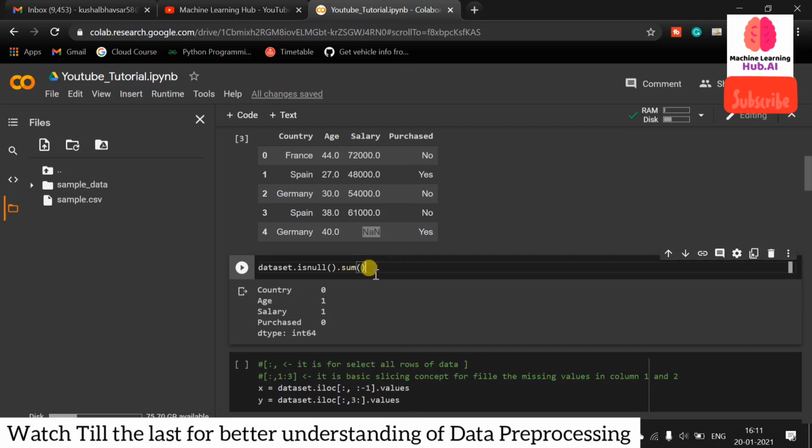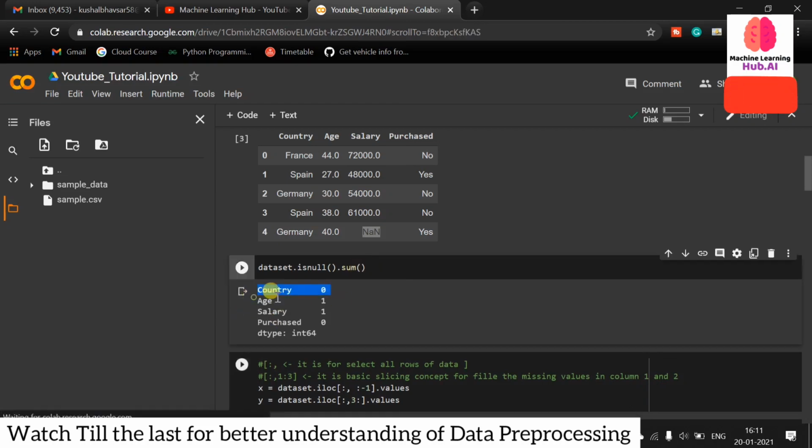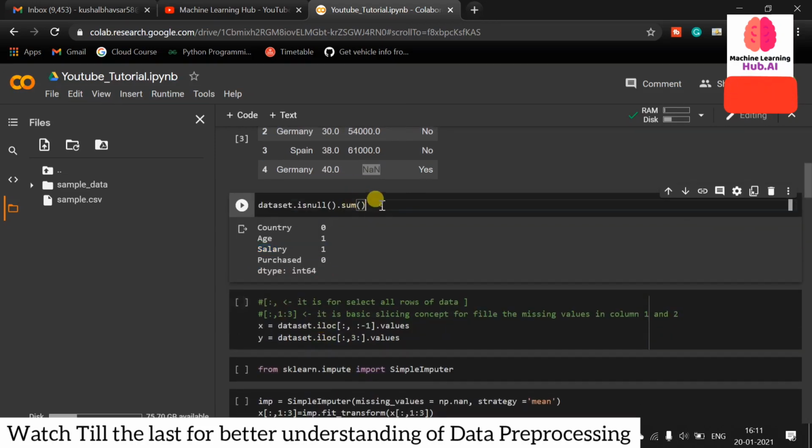There is a pandas method available, isnull, and then on isnull we apply .sum(), and it will return in which column null values are present. We can see in the age column there is one value, and in the salary column there is one value. With this line we simply know in which column how many null values are present.